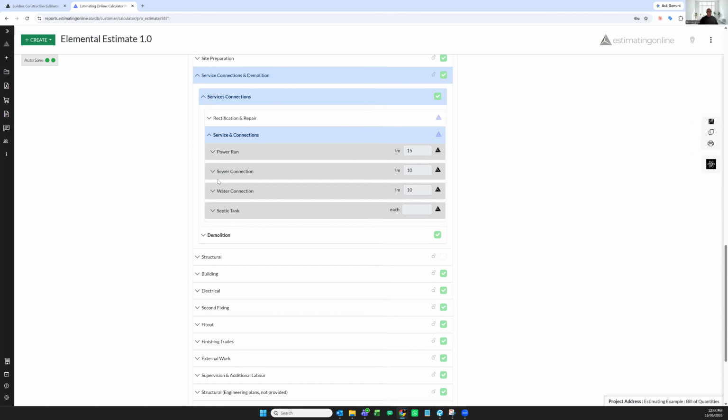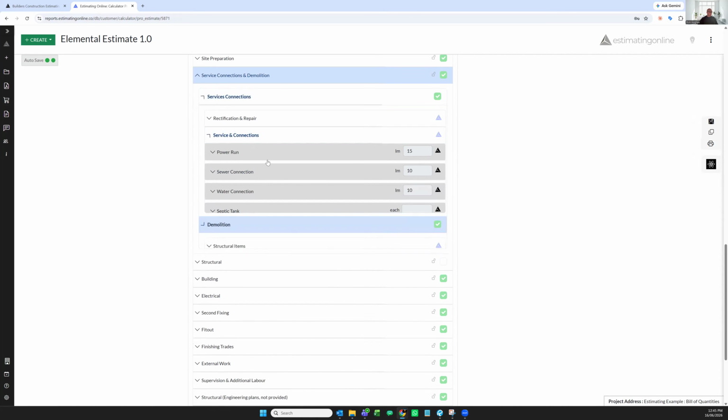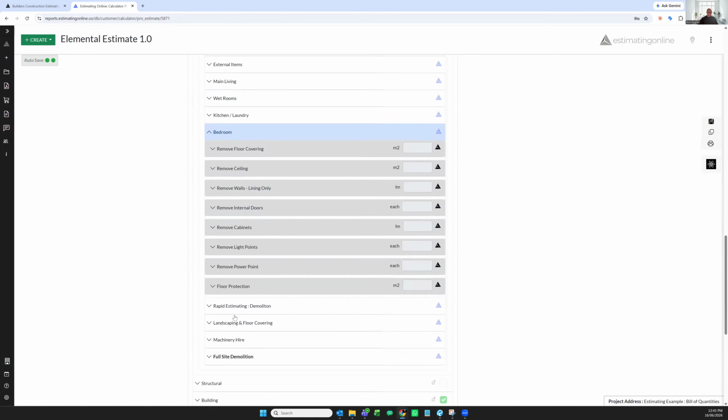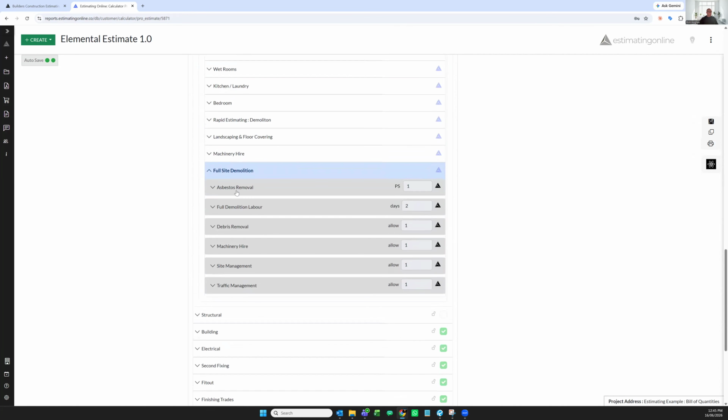Currently, we don't have an on-screen takeoff to be able to link the on-screen takeoff and the price library together to be able to produce the BOQ. We have found some functionality to make this system happen, but it's work in progress. Our responsibility is to go down into every single element, making sure that we've captured every single cost. For this particular project that I'm showing you as an example,